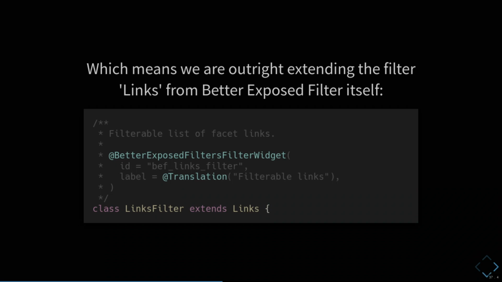You can target your search there, find the file that's doing what you want, and extend the class. If it's object-oriented, if it's in the source folder, chances are you can extend it like this. Our class links filter is extending class links. And the classes can even have the same name because they're all namespaced. So with our module directly inheriting everything that Better Exposed Filters links filter does,